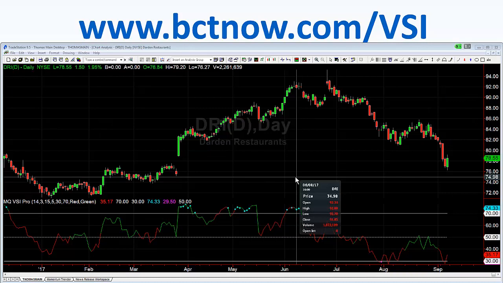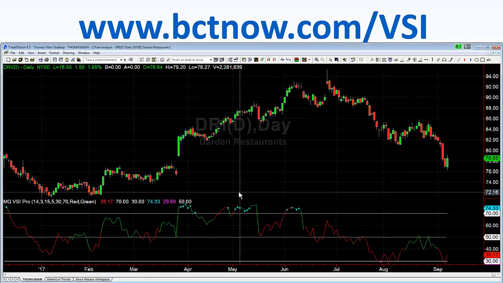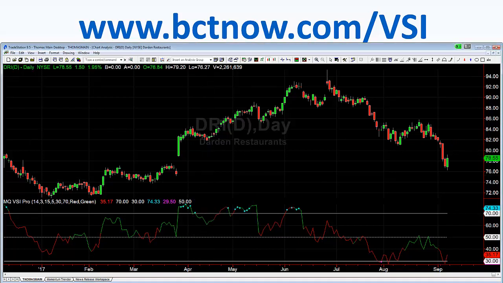Here's DRI. This actually worked out really, really well. Volume reversal there. Volume reversal down here. Volume reversals here didn't cause the complete trend reversal, just caused consolidation. Same thing here, didn't cause complete reversal, just consolidation. I've never been able to trade with volume bars, but this VSI is really easy to interpret with price. Yeah, Mary, that's one of the things I like doing, taking stuff that's complicated and making it simple, easier to use.